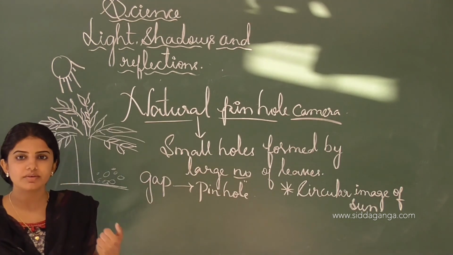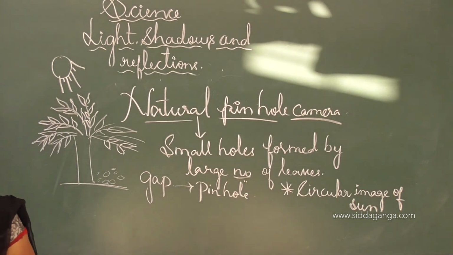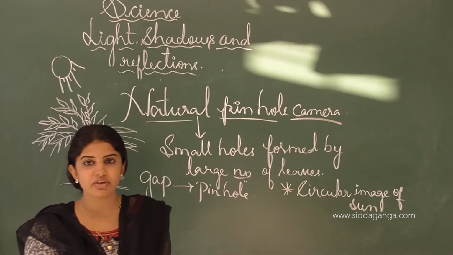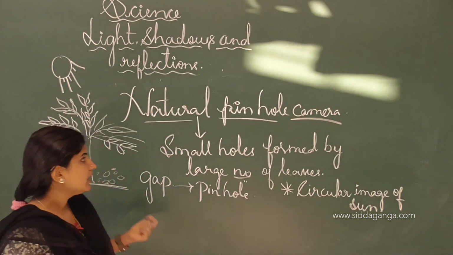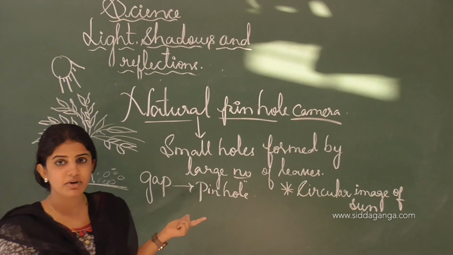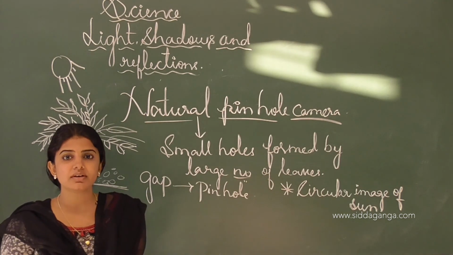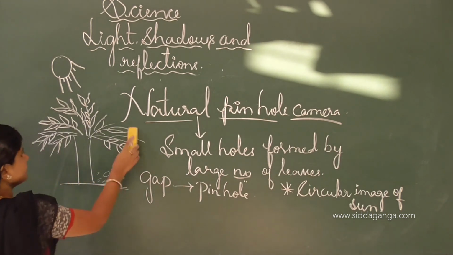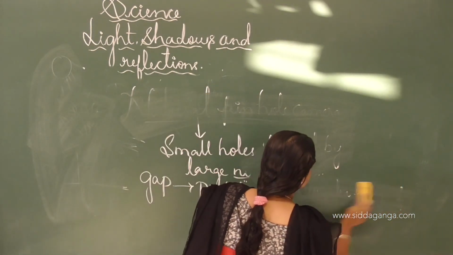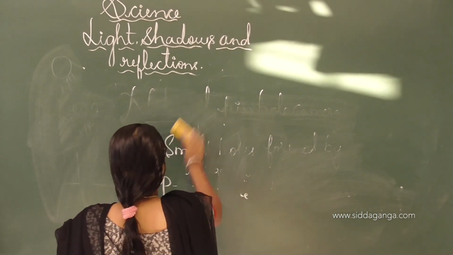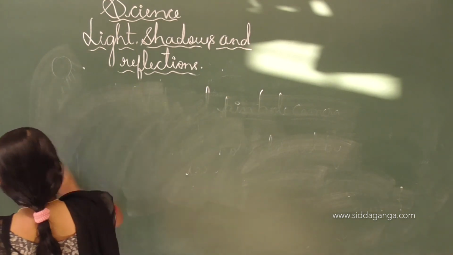So this is all about the pinhole camera and the different types of it. In today's class we will learn about the different features of the shadow and the conditions of the shadow, the man-made pinhole camera, and the natural pinhole camera which is present in nature, and it is a very interesting pinhole camera. Under the sun we can see the bright sunlight. So this is all about the different examples which come under this chapter.